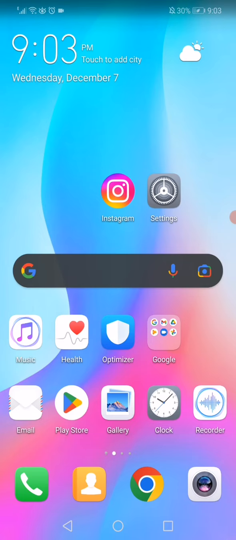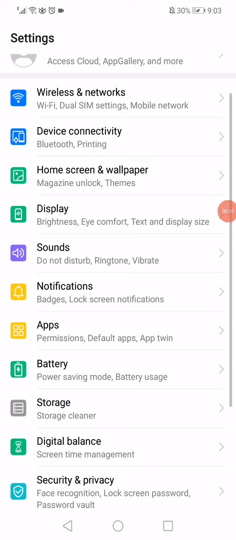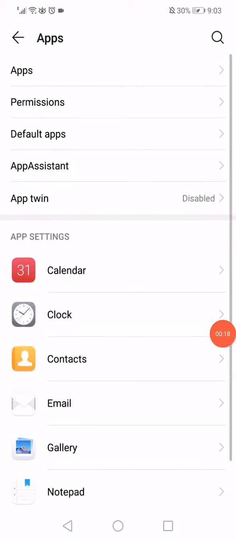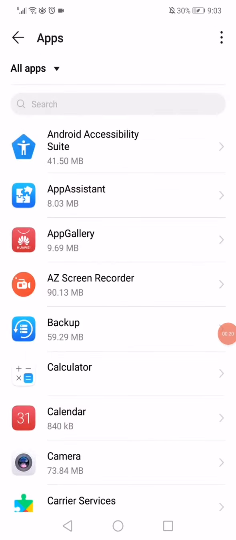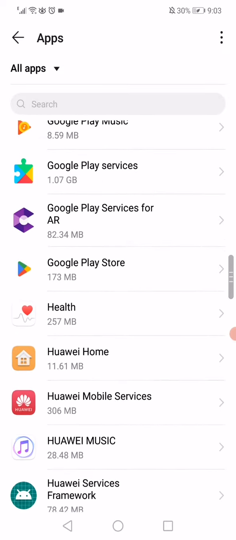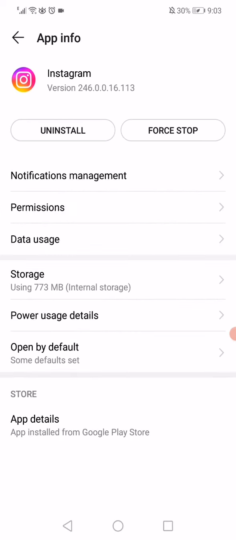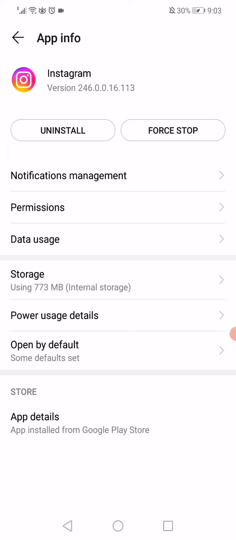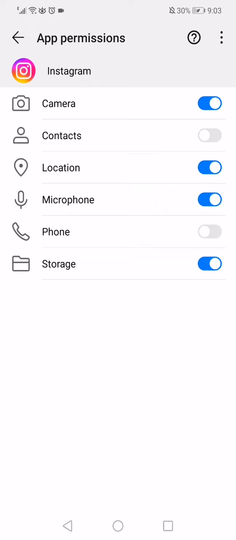It's actually very easy. So all what you have to do is turn off Instagram and open the settings on your phone, and then go to the apps right here. Scroll down until you find Instagram and click on it. After you click on Instagram, now all what you have to do is just click here on the permissions, and